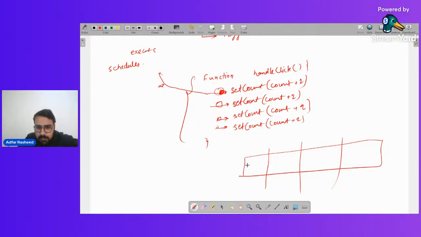So this set count will be here, this set count will be here, this set count will be here, and this set count will be here. So in this case I am creating a queue of state updates. Am I clear? And now this will be executed one by one. At this point of time, re-rendering has not happened. Unless and until the whole code is executed, re-rendering will not happen. Now you guys tell me one thing: once this executes, because they are part of a queue,